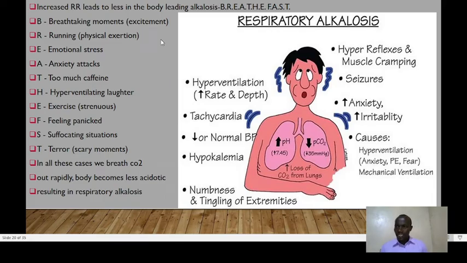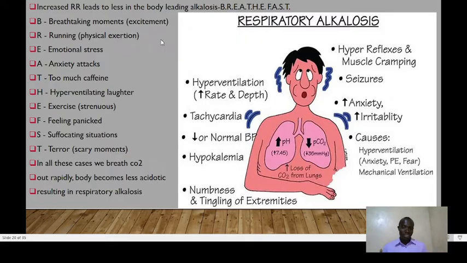On the other hand, if you have increased respiratory rate, it will lead to alkalosis. Okay, alkalosis, breathing at increased rate. That means we are removing more carbon dioxide. So if we are removing more carbon dioxide, which is acidic, we are saying the condition will change to basic